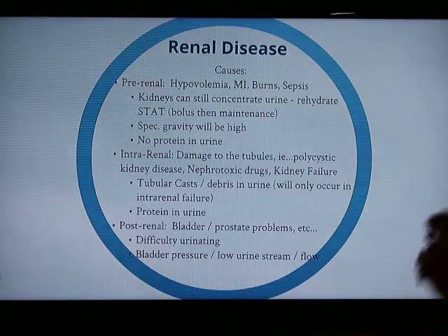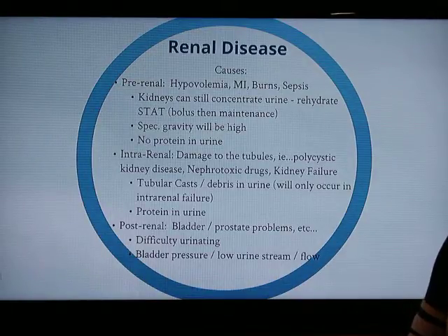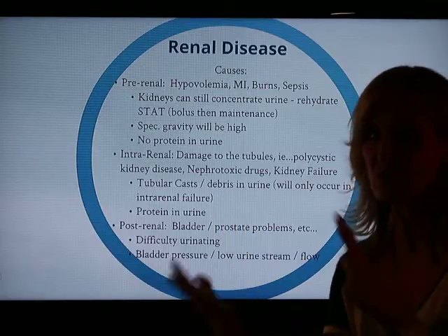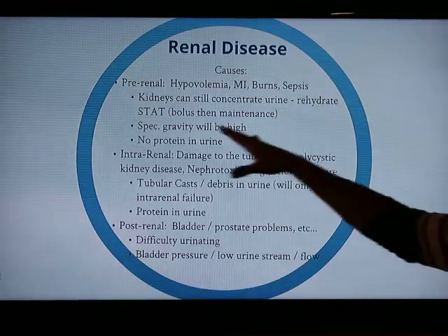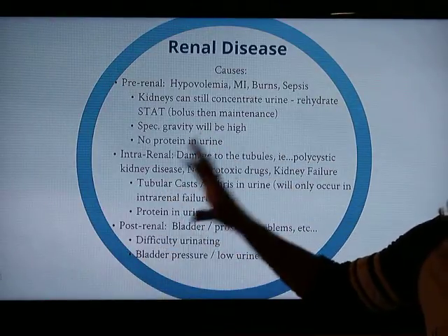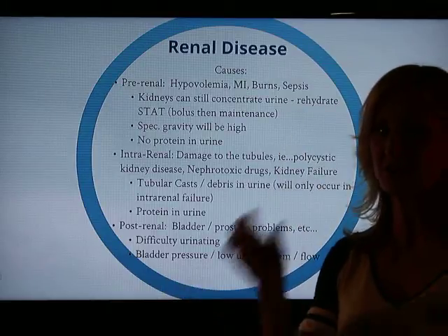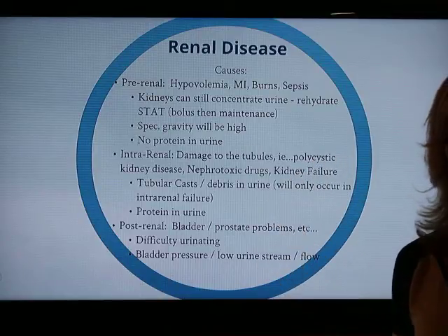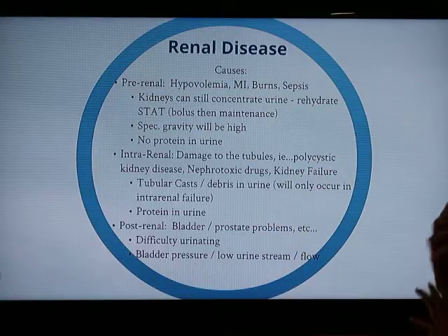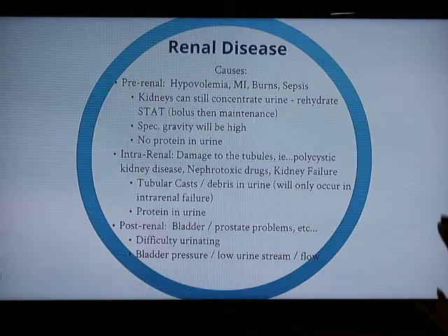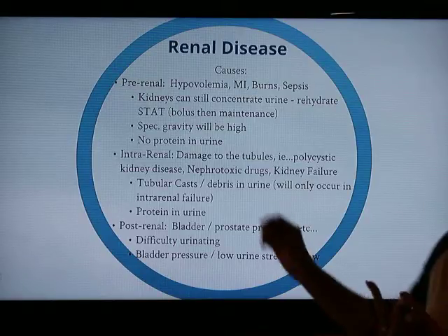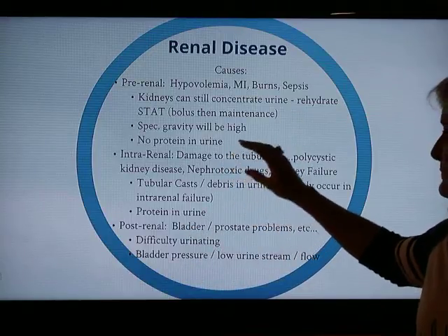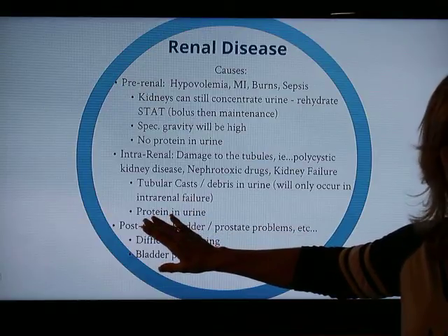So let's focus on intrarenal kidney failure. In intrarenal kidney failure, the problem is an actual problem with the structure of the kidney. What happens in intrarenal kidney disease is the tubules themselves are starting to get destroyed. This can occur from any of the actual kidney problems like polycystic kidney disease, or nephrotoxic drugs that kill the kidneys. And in intrarenal disease, the urine will have protein in it because